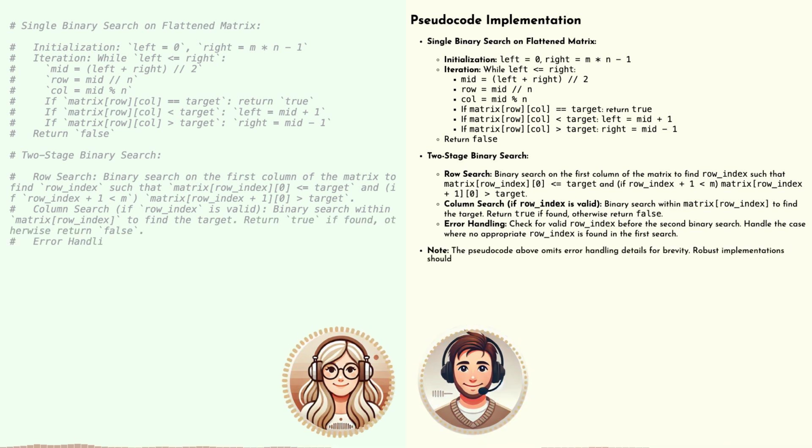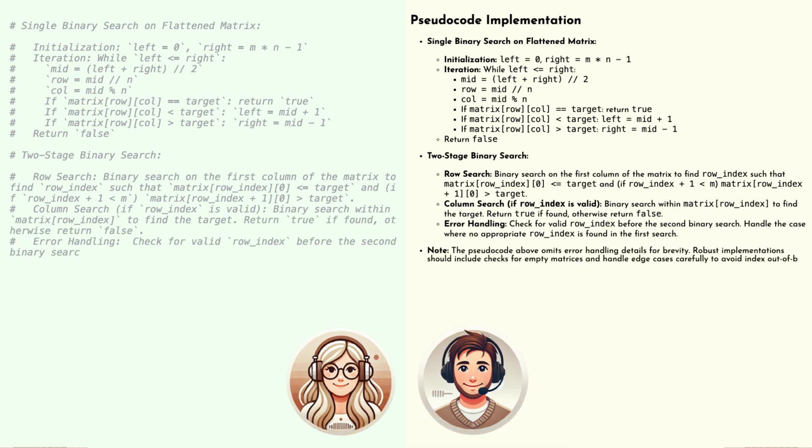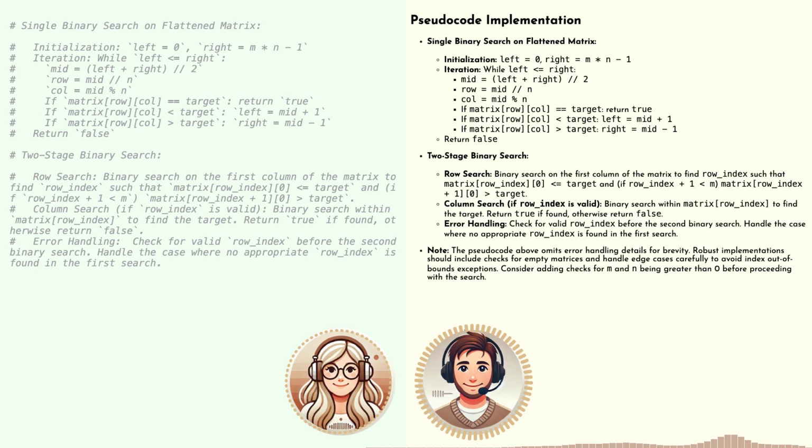For brute force, we'd essentially use nested loops to iterate through every cell in the matrix. Okay, so our outer loop would go through each row. Right. And the inner loop would go through each cell within that row. Okay, something like this. For each row in the matrix, for each cell in that row,